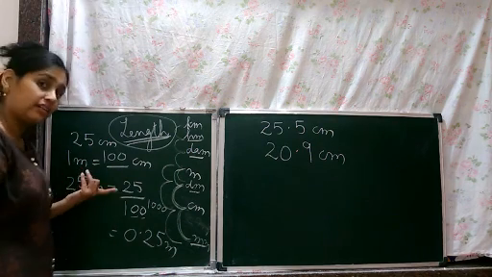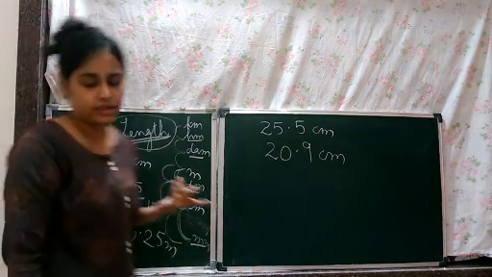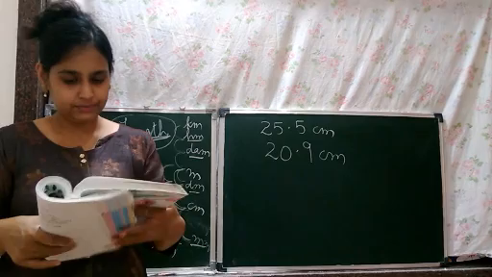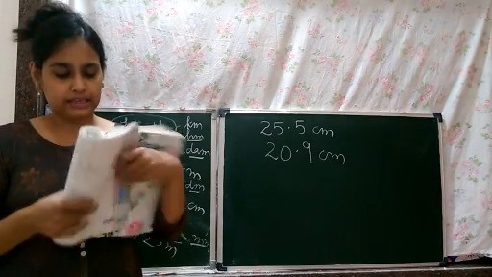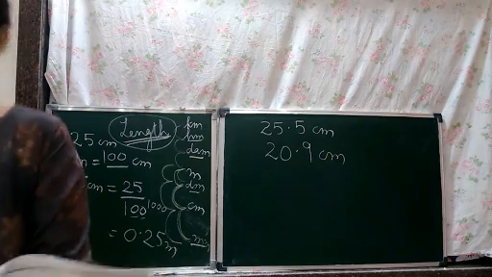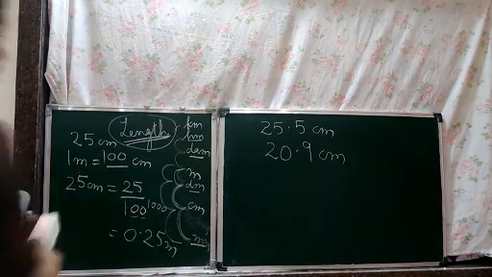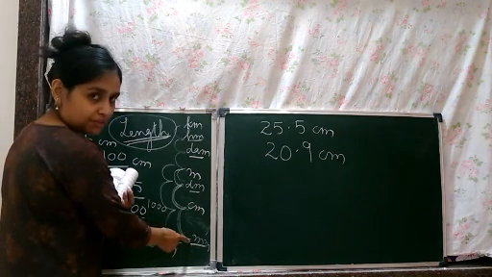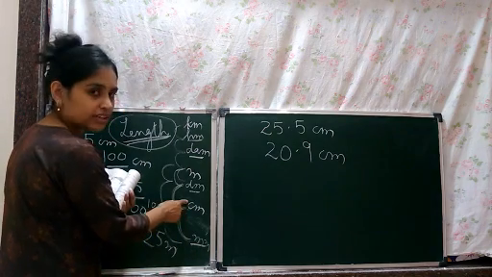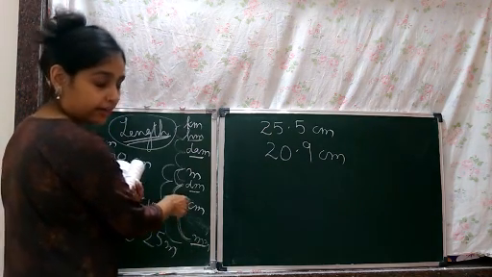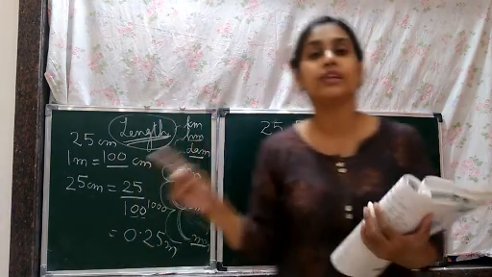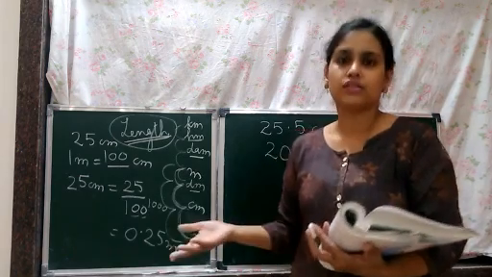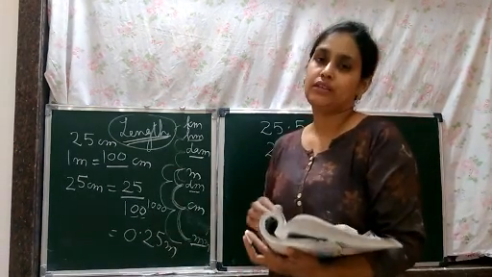Again there must be some Try These which we are going to do now. Here I can see the Try These. Can you write 4 millimeters in centimeters using decimal? Obviously. Why did I say obviously? Because we can see millimeter and centimeter. Millimeter is below, that means it is smaller. Whenever a smaller unit is converted into a bigger unit, we are using decimal. So yes, using decimal we can convert 4 millimeter into centimeters.